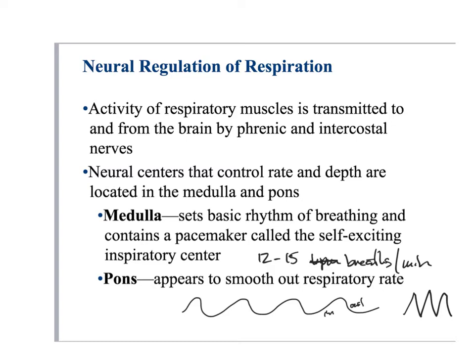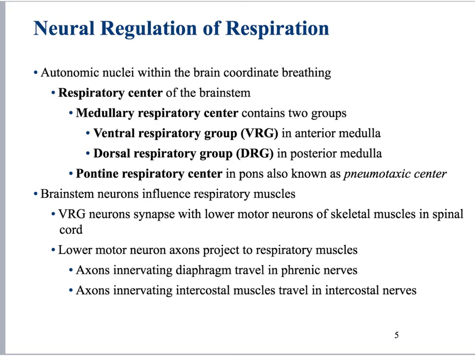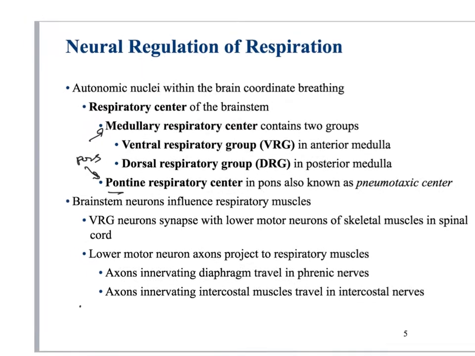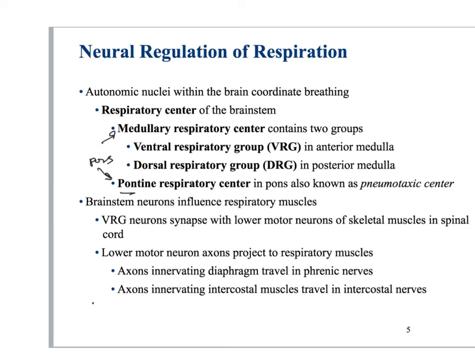Okay, so within the medulla and the pons, you have some autonomic nuclei that coordinate breathing. We would call them the respiratory centers, and we have the medulla, and then these are the pons. Pontine refers to the pons. It's also known as the pneumotaxic center. But within the medulla, there are two groups: the ventral respiratory group and the dorsal respiratory group, which are in the anterior and the posterior medulla, respectively. So what you end up with is these two centers coordinate